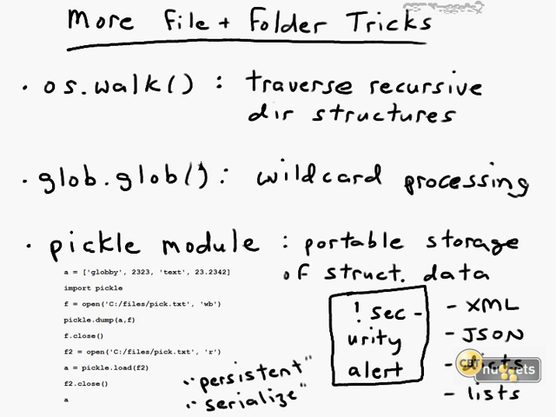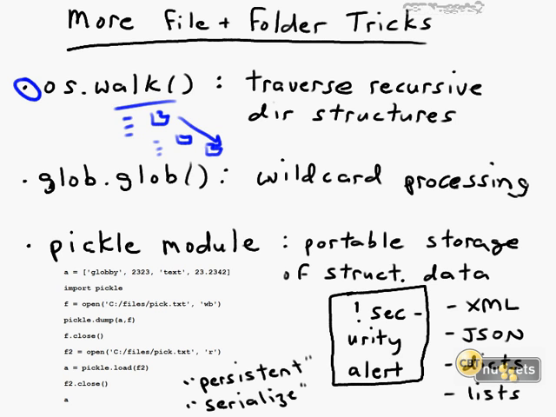Time for some more file and folder tricks with Python. These are some really, really useful functions and a useful module that you'll want to be aware of. The question arises, what's the easiest or most efficient way to traverse directory structures? Well, os.walk, a built-in function, is a great way to do that. Walk does what the name means. It allows us to walk through the contents of one or more directories recursively to get back whatever contents we want. If we just want to do a list dir, for instance, we can gather the contents of those directories. We don't have to get all contents. We can do searches, pattern matching searches.